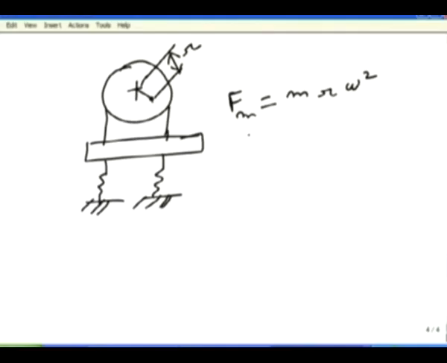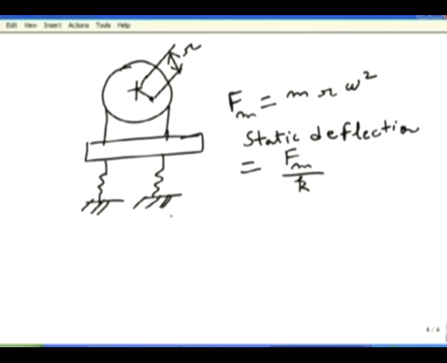Static deflection will be equal to Fm divided by K,